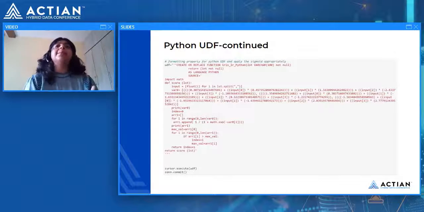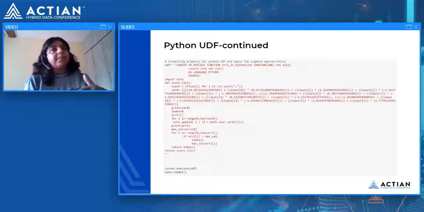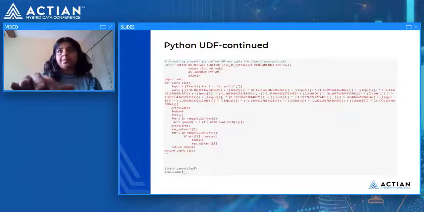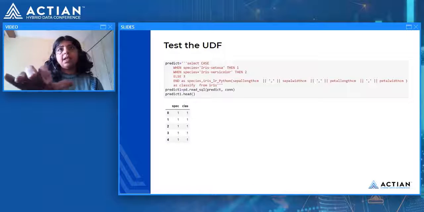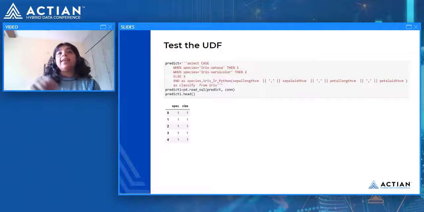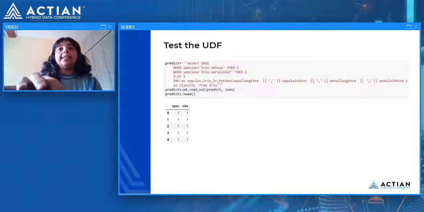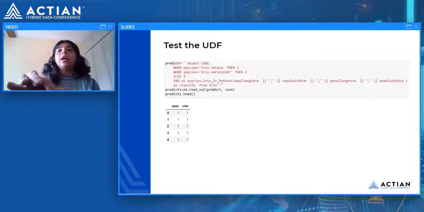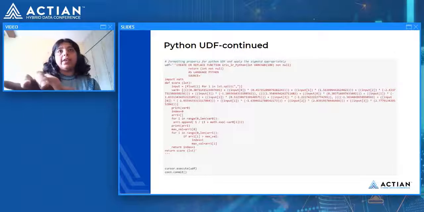So for the new data, I simply pass that value, and this will give me the output. I don't need to run it anywhere in some fancy place to get the output for the new data. And how do I call that? This is the way I call my UDF. I'm passing the sepal length, sepal width, petal length, petal width, concatenating it into a string, and passing it into my UDF. The rest is all done by the UDF, and I get the final classification, what value goes to what class.